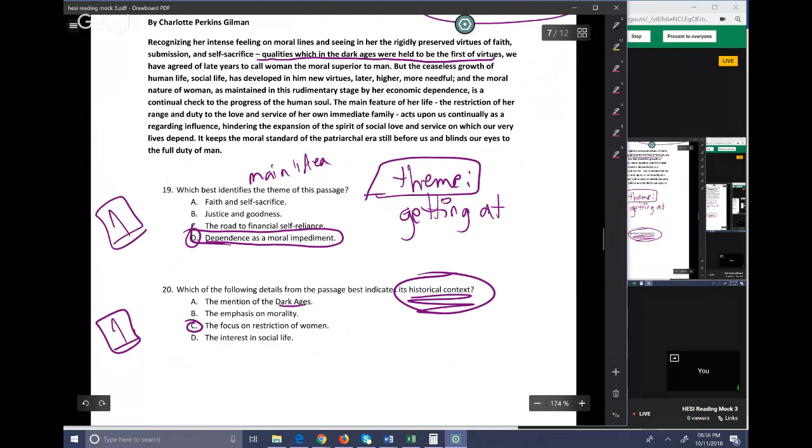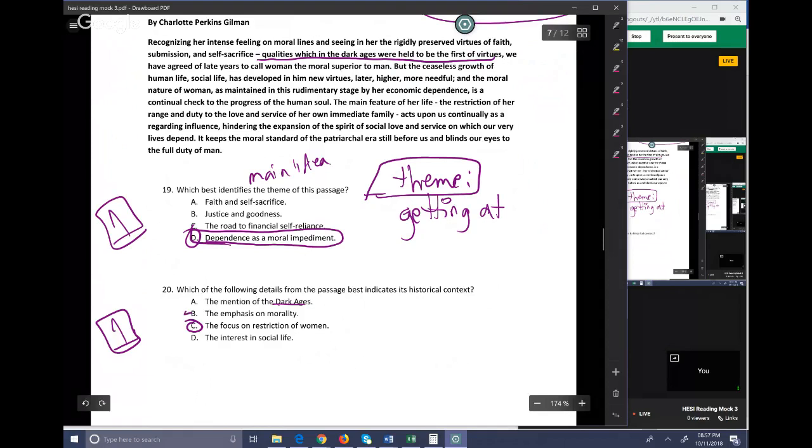Emphasis on morality is similar to what I said about D, that it's timeless. Morality is always an issue. Morality was discussed very heavily in the passage, but that wouldn't give you a time frame. Dark Ages would give you a time frame, except they mentioned it like it was in the past, and you can't tell if it was 1 year in the past or 15 years in the past or 200 years in the past. So that doesn't help us because it was mentioned as long ago, but not specifically when.